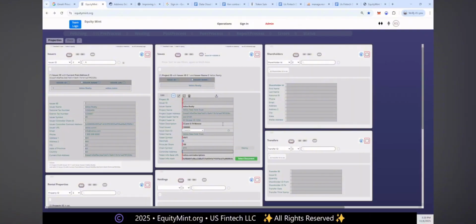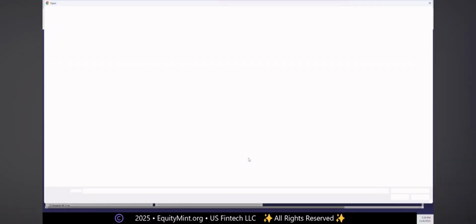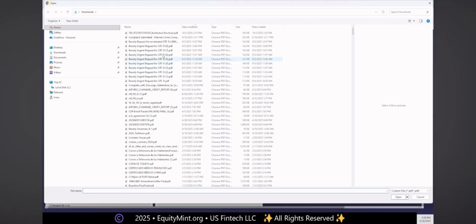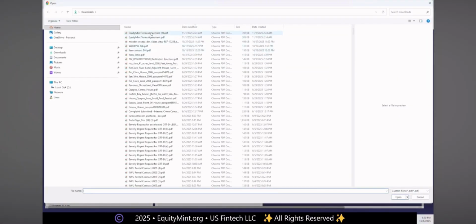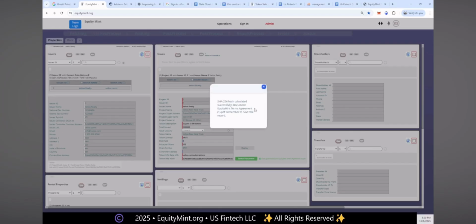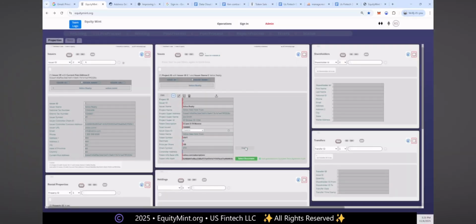What we would do, and by the way, to get your token info hash, you need to have a subscription agreement, and simply you would just select the document that you want to be your subscription agreement that you've already made, right? In this case, let's say it's this one. So it calculates the hash, and now you're ready to go. You just click the deploy button,